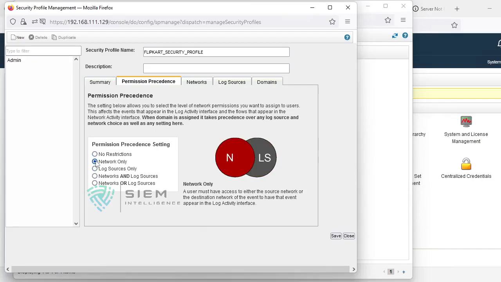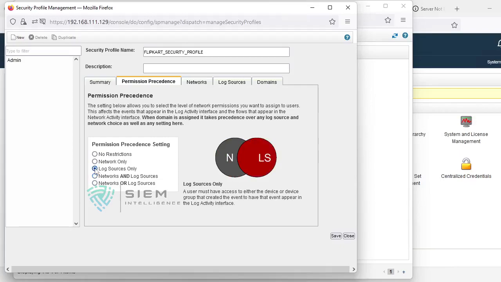See, this is granular, and you can choose network logs and log source logs if you want to give both. Either condition, he can choose. A user can choose both, whatever is related to log sources as well as network. If one IP is coming in both network as well as log source, then only it will be shown. That is what is called network or log source. And network and log source means everything, whatever data of network as well as log source. But I am giving only log source.